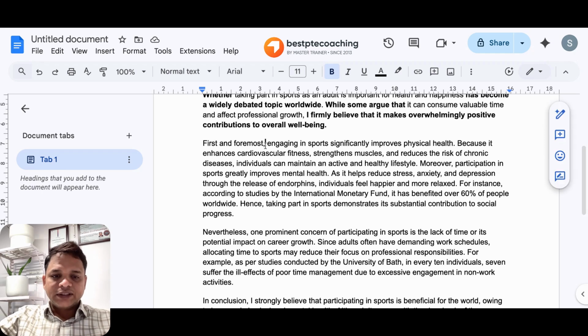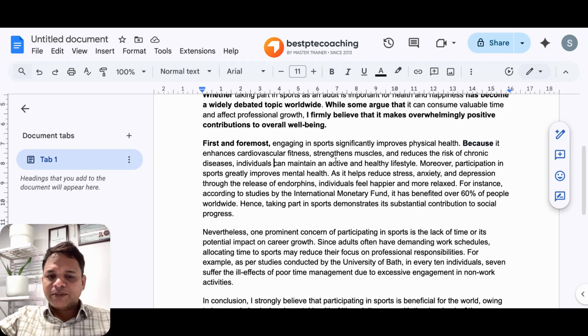Okay. Now this is again template. First and foremost, engaging in sports is significantly beneficial because, is what? A template word. It enhances, so this is the thing, reduces risk of chronic diseases and individuals can maintain an active, healthy lifestyle. Okay. Moreover, is again a template thing. Participation in sports greatly improves mental health as it helps reduce stress, anxiety, depression, release of endorphins